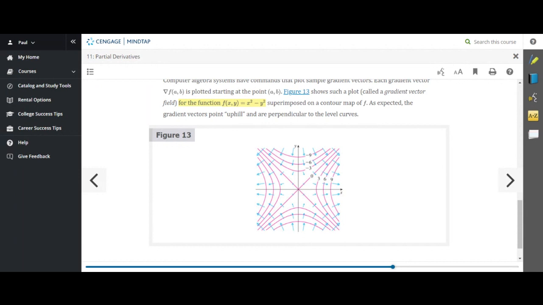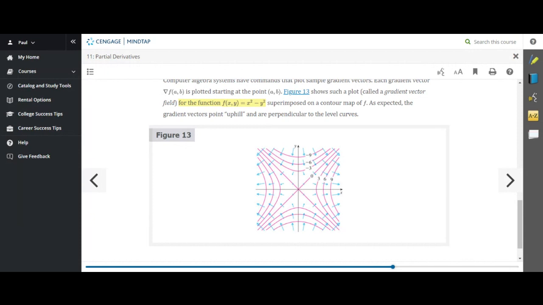And the gradient vectors, which are those blue vectors there, and MATLAB can do this for you. I'll see if I have a program that shows this or something like this. But the gradient vectors, the blue vectors, point in the direction of greatest increase. So if you look at the contour plot of the surface and look at the gradient vectors in Figure 13,